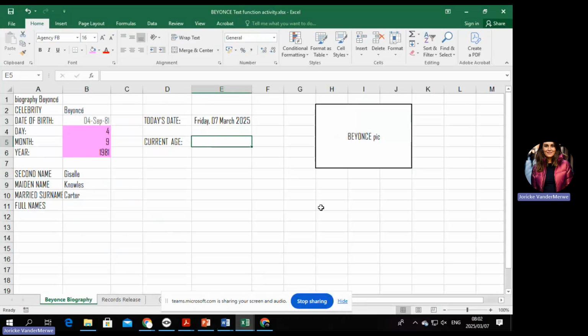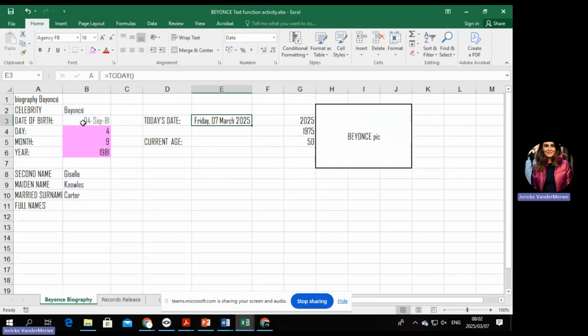So the current age, if you want to calculate your own age, you're going to take the date that is today and you're going to subtract. Let's say, for instance, you were born today. Let's only take the years. It's 2025, and let's say you were born in 1975. It's a mathematical equation: 2025 minus 1975, and you're going to turn 50 this year. So you took the bigger one and you subtracted your year of birth.